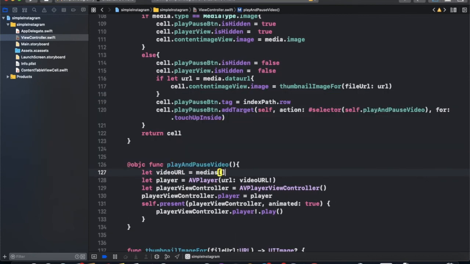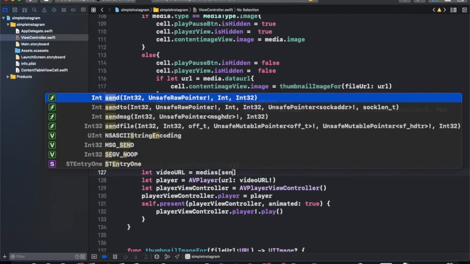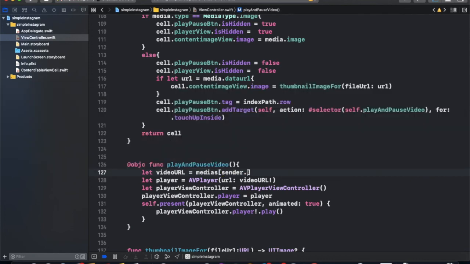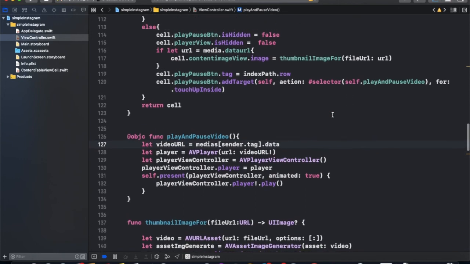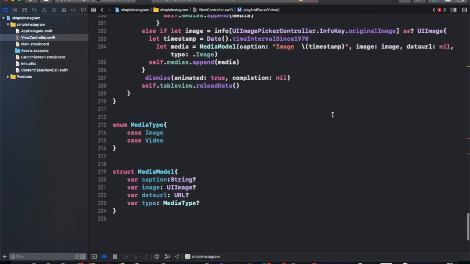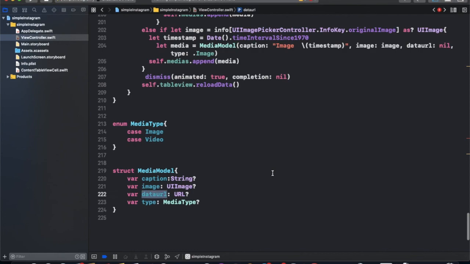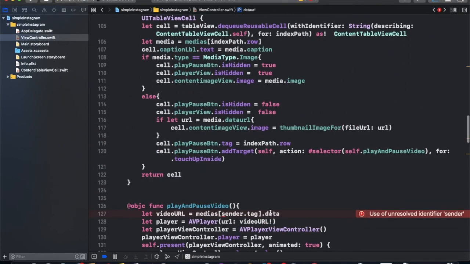Medias, sender, tag, dot, data URL. Sender.